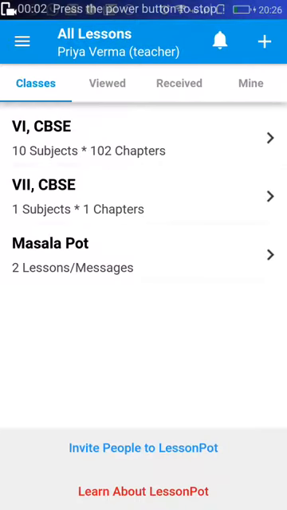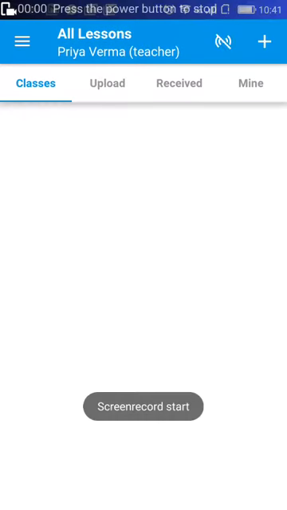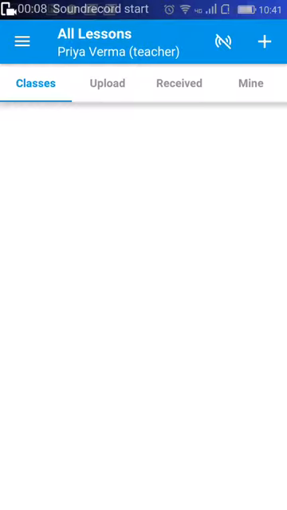If you have a weak internet connection while creating lessons, you can go offline. Tap on Go Offline. That will take you into the offline mode. If you have no internet connection, while opening the app itself, LessonPort will ask you to go offline. In offline mode, you will notice that the bell at the top has been replaced with a symbol indicating that there is no internet connection. Now, to use this offline mode for lesson creation, you have to first create lessons when you are offline, then you have to upload them when you have internet connection, and then you have to post them.